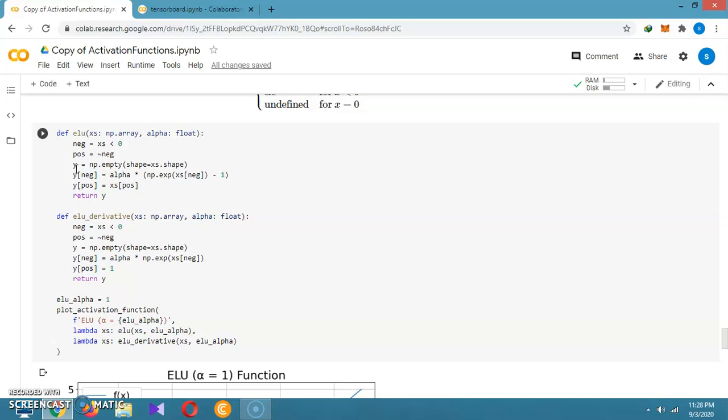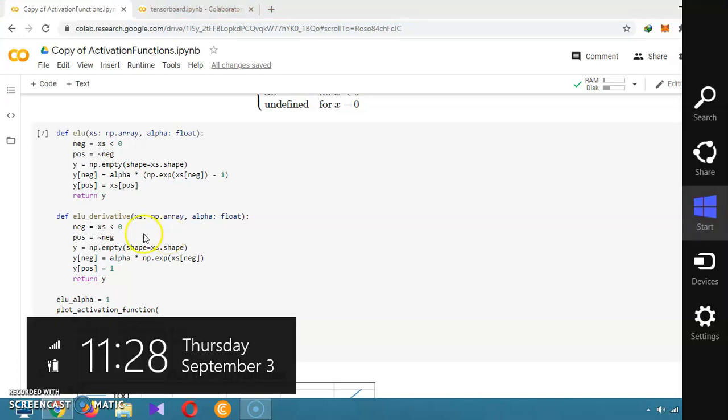So y equals np.empty, and we check the shape with shape equal to xs.shape. For y of negative, we first define the negative function equal to alpha times np.exp of xs negative minus 1, and y of pos equals x of pos, and return y.